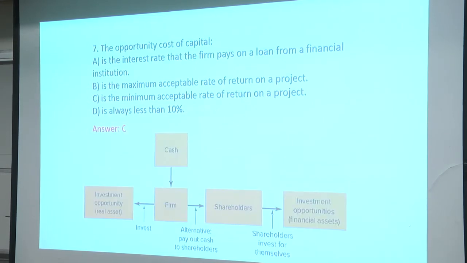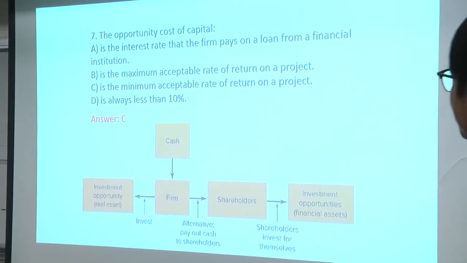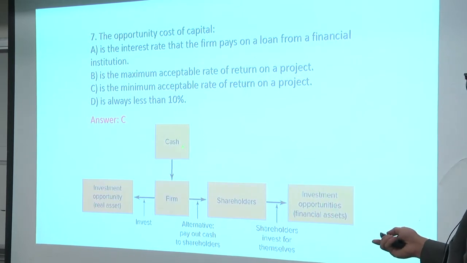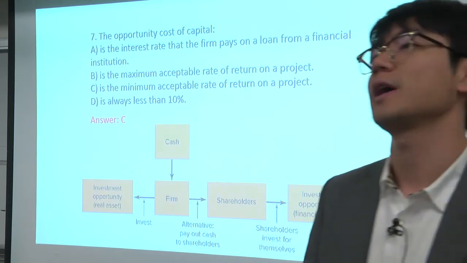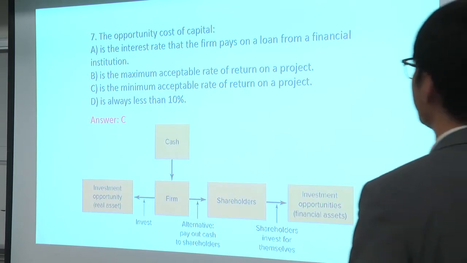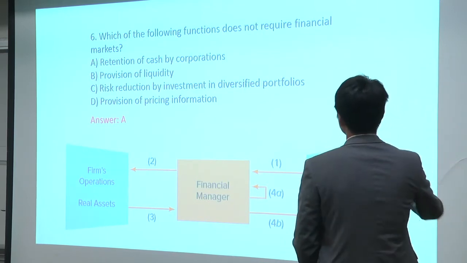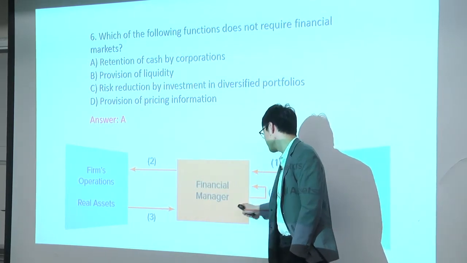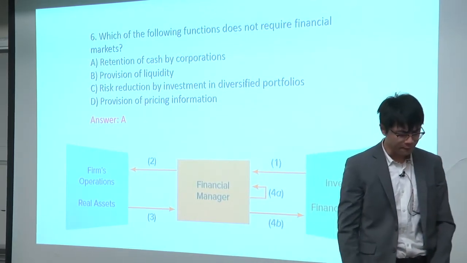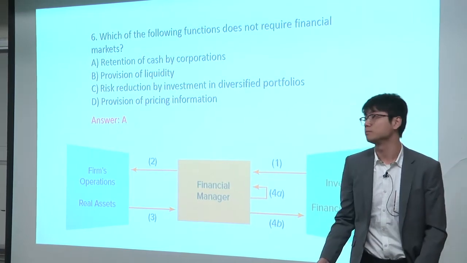Good. So, the opportunity cost of capital. In chapter 2, if you see your slides, you will see a graph like this. When cash is injected into the firm, there are basically two choices the manager faces: either invest that cash or give the money back to the shareholders. Especially when a firm is operating in projects, and the profits of the project come back to the financial managers of the firm, they face a choice of whether to do this or that, or how much they do.